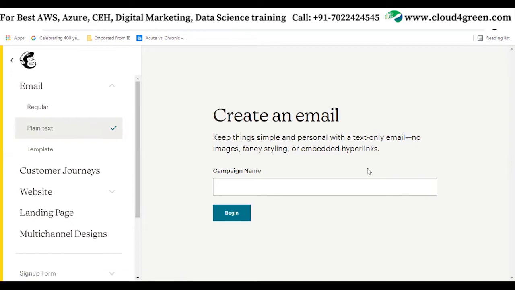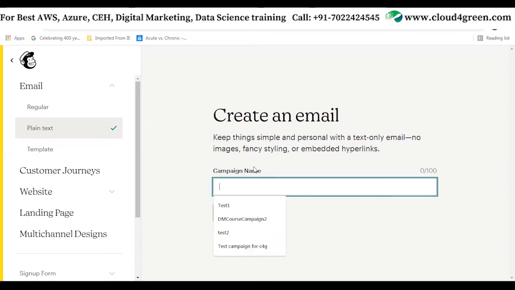Why do you want to send an email to a user? We have to keep the user engaged by sending the newsletter or maybe promotional ads, or if any new product is launched, you can send the email marketing.